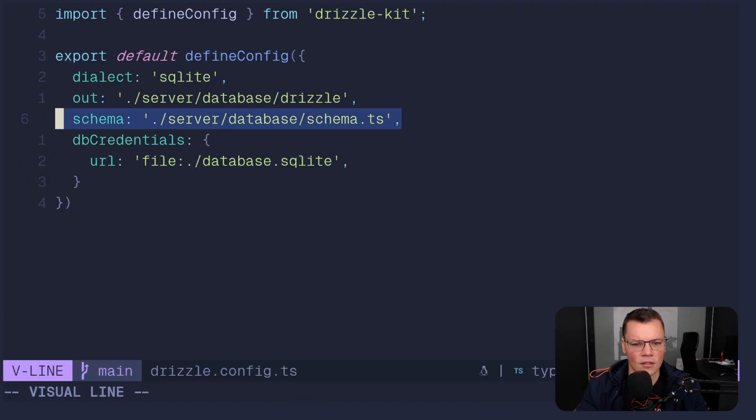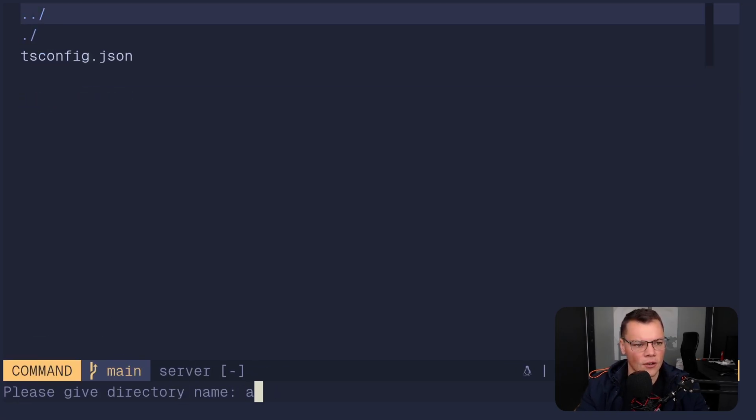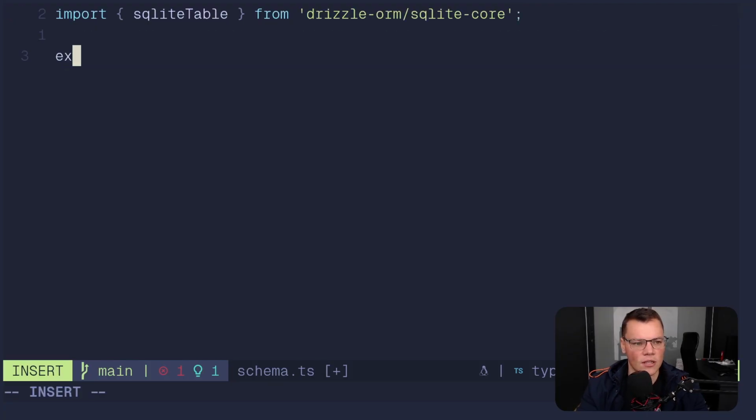It's going to see that it needs to look at our schema to generate, and it's also going to see where it needs to migrate it to. So now we can go into server, create a folder called database. We want to create our schema, and we're only going to import